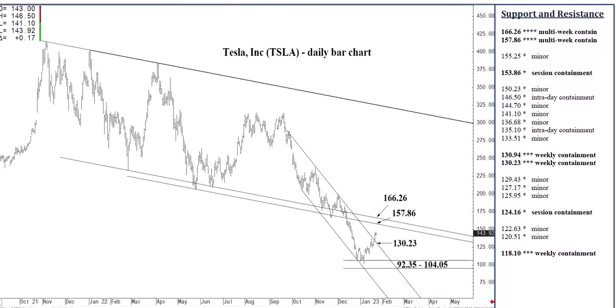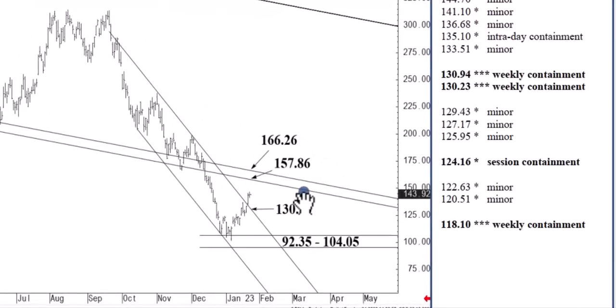Let's move on to the nearer term. We did, a couple of days ago, close above this descending channel top at 130.23, which then indicated 157.86 to 166.26 within just a week or two. So this is a price accelerator. Up to that point, the low 130s were considered able to contain buying on a weekly basis, and we could at that point fall back into the 110s. Not to be. We closed above 130.23, this channel top, and now we are set, in my opinion, to reach into the 157.86 to